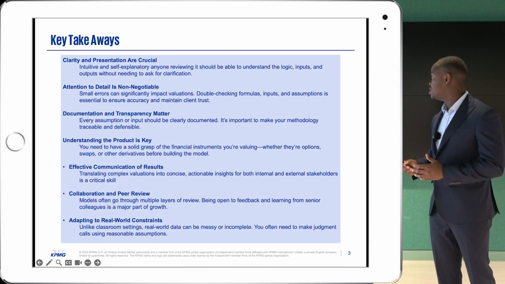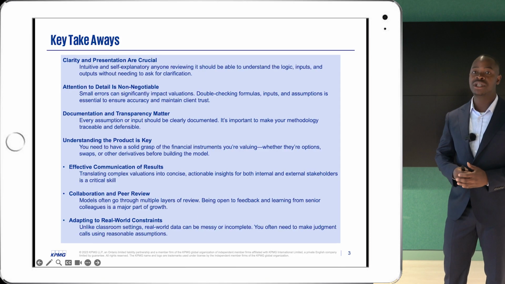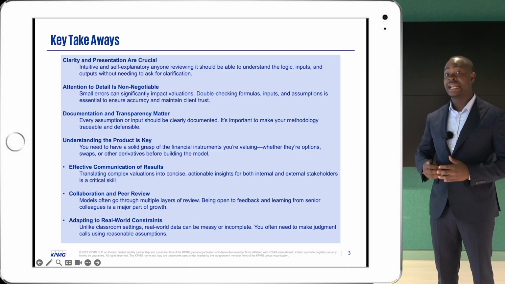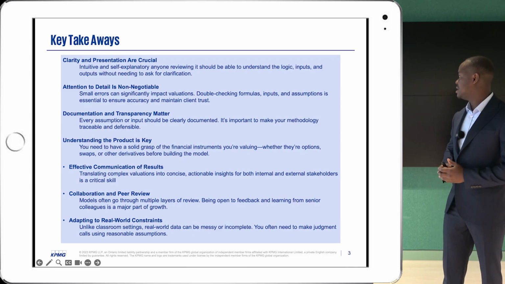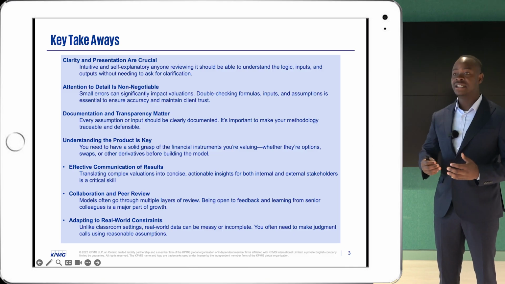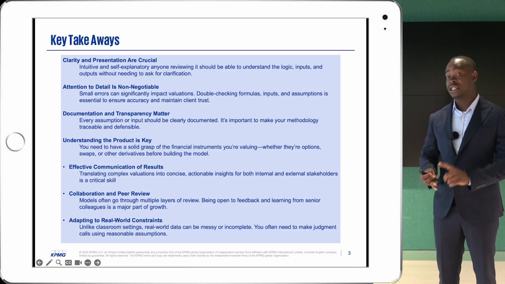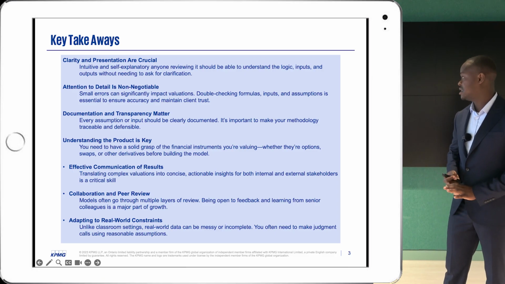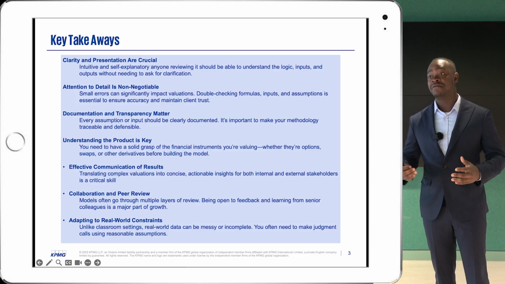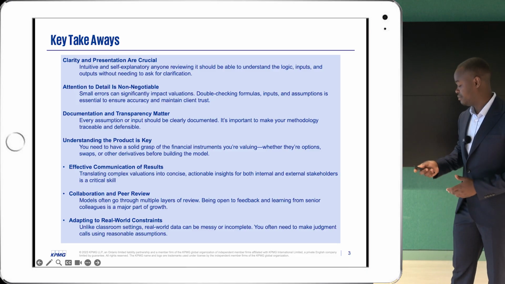And once these valuations were done, once I'd made my conclusion, I would then have to prepare a client-ready report that summarizes my findings, the methodologies I used, the assumptions I made, and then I'll ship those to my managers to verify my work before we ship it out to a client.